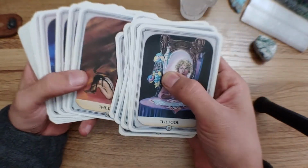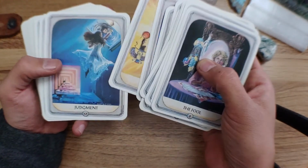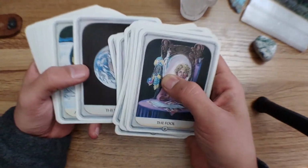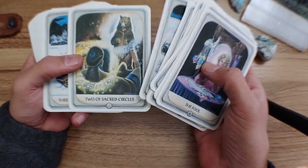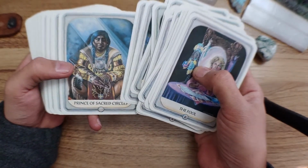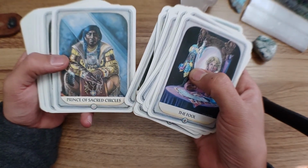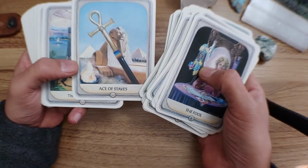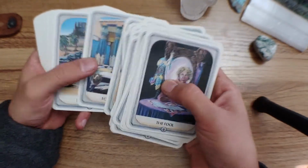Some of the cards follow a RWS theme, some of them follow a Thoth based theme, it looks like they're almost Thoth based. The World is a super cool card. And then each of the suits is based on a different culture. The sacred circles would be the Native Americans. And then you see in the courts, and then the staves would be the wands. Sacred circles would be pentacles. Staves would be wands. And this is the Egyptian-based